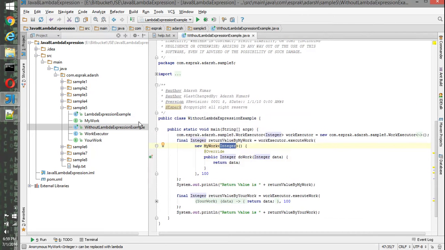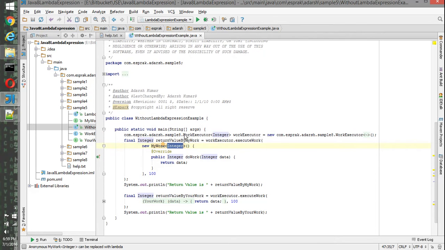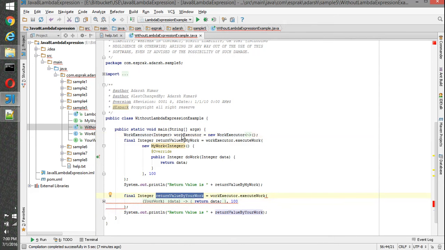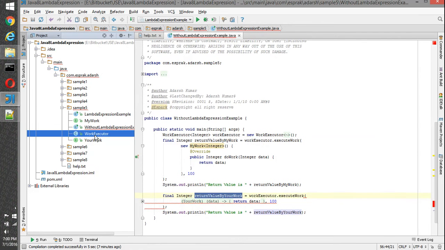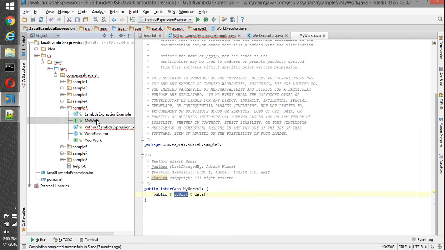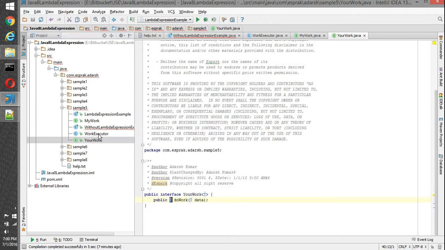For this, we need to create the instance. So I guess public work executor, my classes are public.